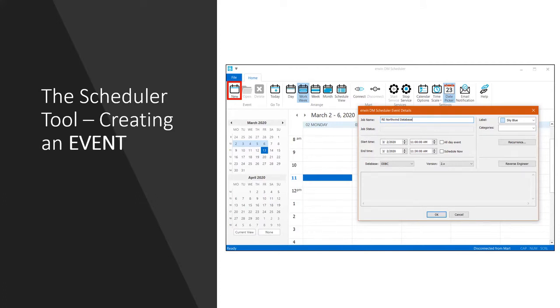Modelers should enter a unique name for the event, also referred to as a task or job, the source database details, adjust the start and end date times, and optionally select a label and category color, which is used for user-defined cataloging of events. After entering the event details, the modeler should click on the Reverse Engineer button to open